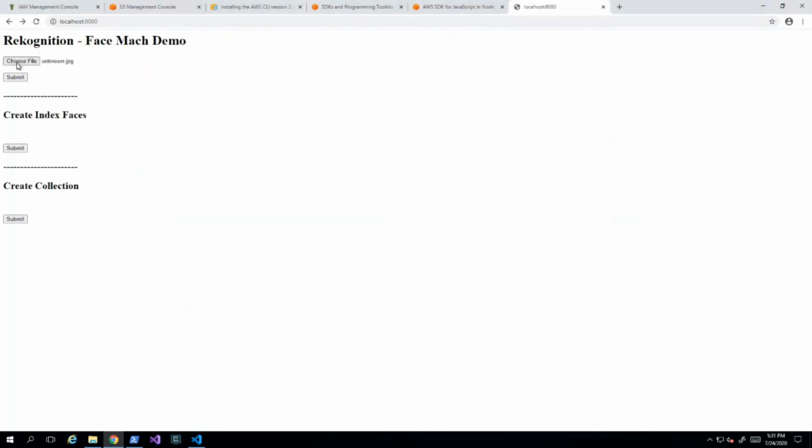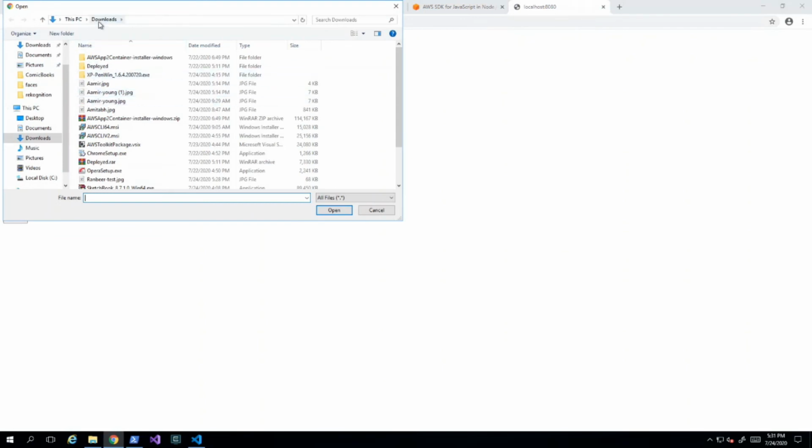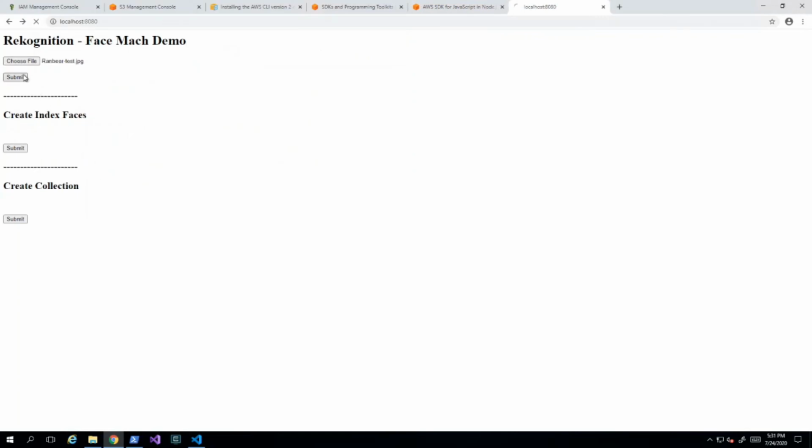So let me first test it without indexing this image. The match should be less than 1%. This is the download folder. It's coming as 17%, so somehow it is matching, maybe because he's wearing glasses, and in one of the images in the collection there are glasses, so you are seeing this match.